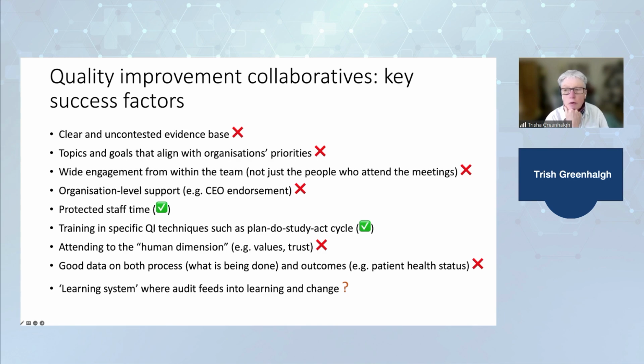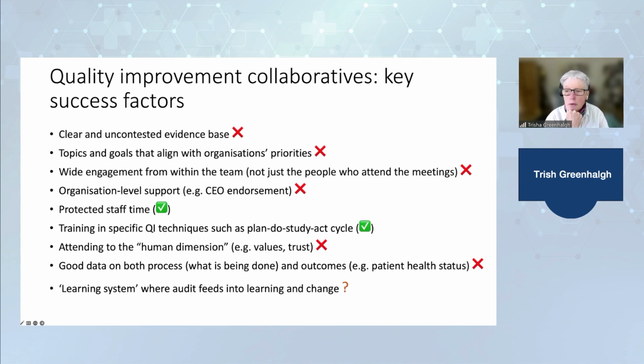I've run Quality Improvement Collaboratives in other conditions, and frankly, they're a whole lot easier. So these are the known success factors for any Quality Improvement Collaborative. And the top one, maybe will bring a smile to your eyes: clear and uncontested evidence base. And we all know that people are really arguing a lot about what the evidence base is. In fact, arguing about what long COVID is, what causes it, what are the treatments, who should be investigated, topics